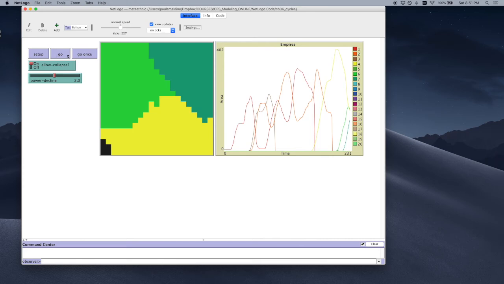Let's examine a little bit, though, of how these assumptions make sense. So what if we change the value of h, the power decay? Turns out this is going to have strong effects on political stability. Again, this controls the rate at which power diminishes with distance from the imperial center. So if I decrease this, it actually increases the speed at which power declines. So now power declines fairly rapidly. All right, let's see what happens here.